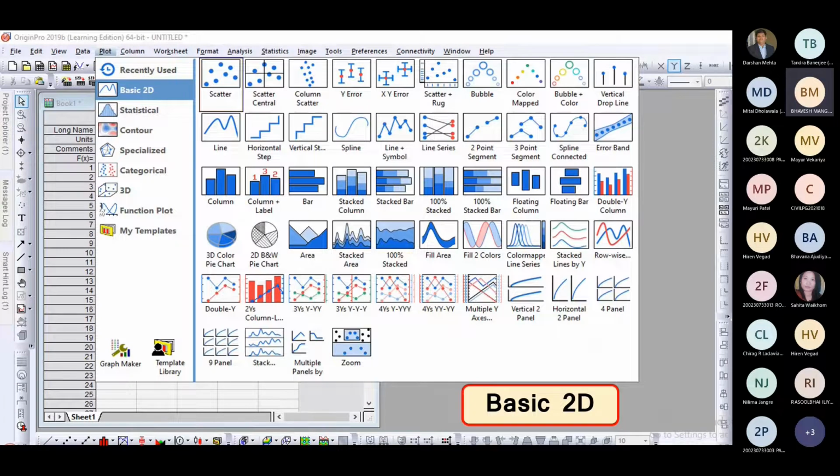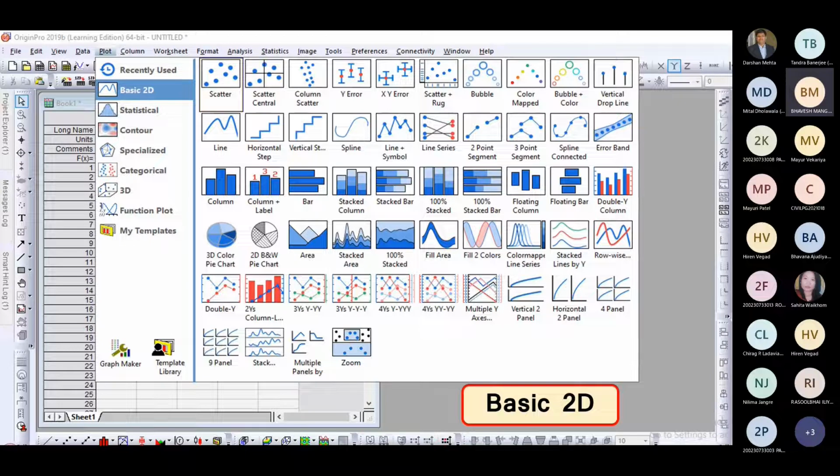When you see the different types of plots, here we can see basic 2D. Many 2D graphs are available like scatter, scatter central, column scatter, Y error, XY error, scatter plus spline, bubble, color mapped, bubble color, vertical drop line.